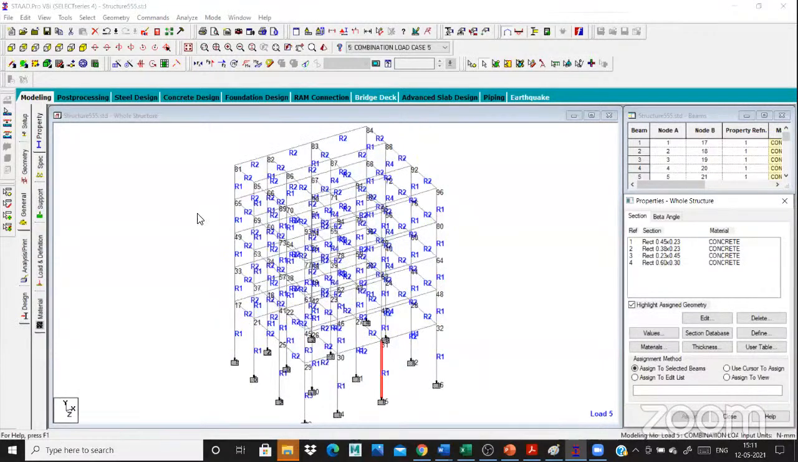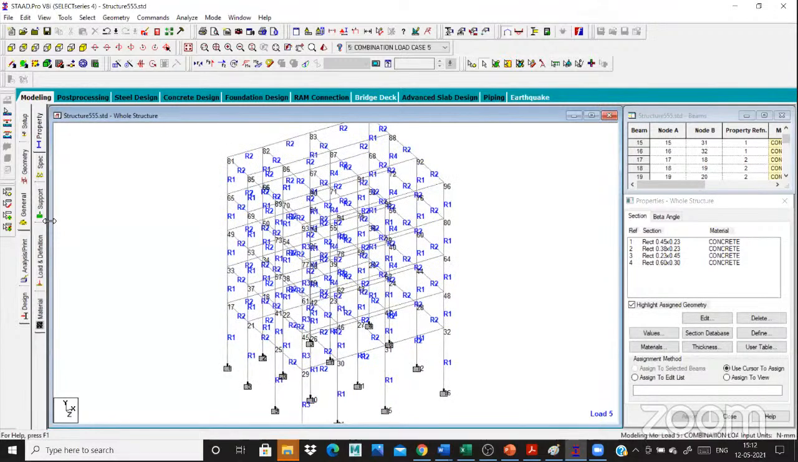Yesterday we saw how to create the 3D model. Today we'll give the loads, the floor load and others. The same procedure applies for column design and beam design values. Another one is the concrete design. So, okay,